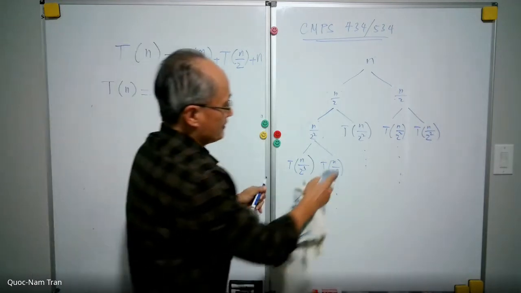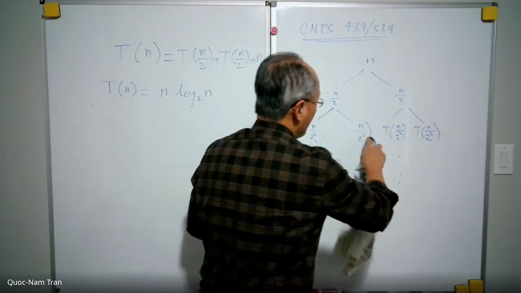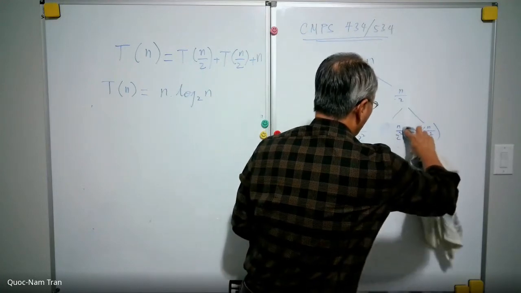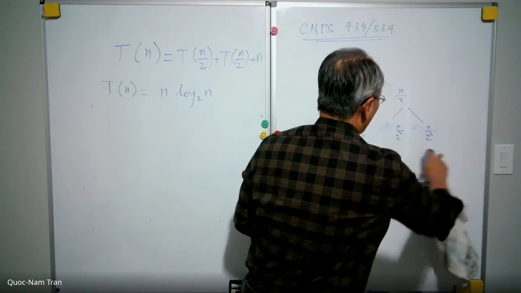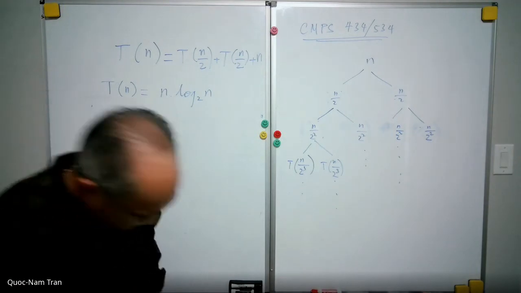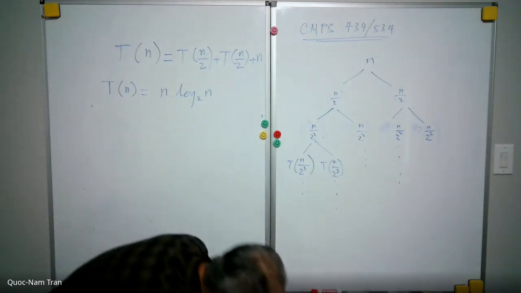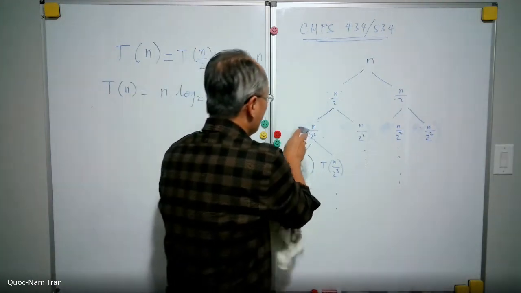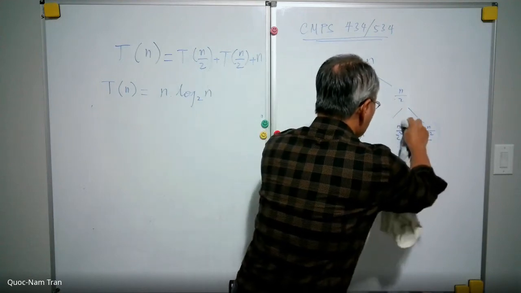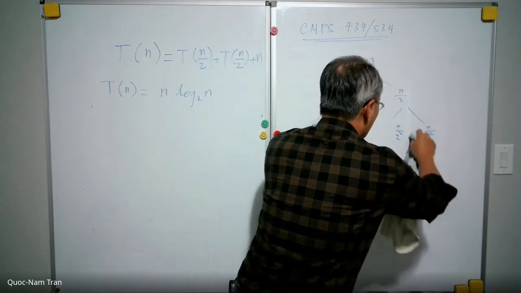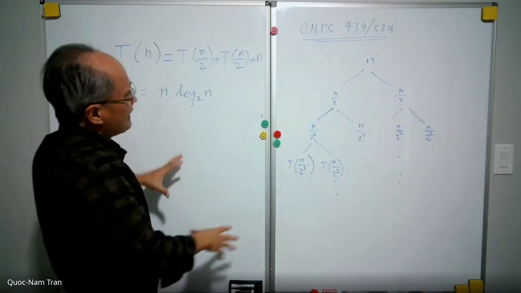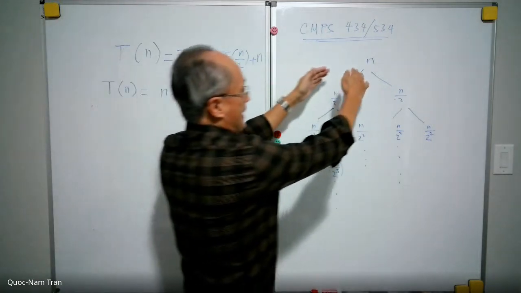Okay, so let me repeat here for this row. Okay, and that is enough for us to see the pattern, right? So we want to see the pattern by repeating the process for a few rows, and then recognizing the pattern. So now, starting from Tn, now we count the extra cost,